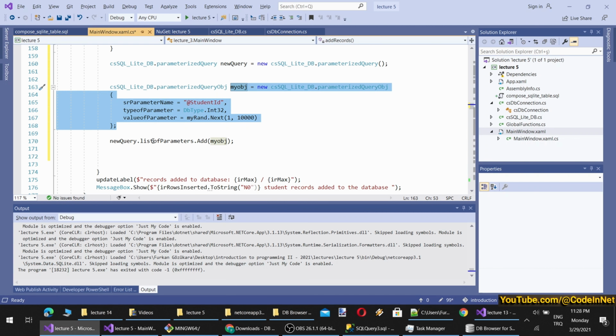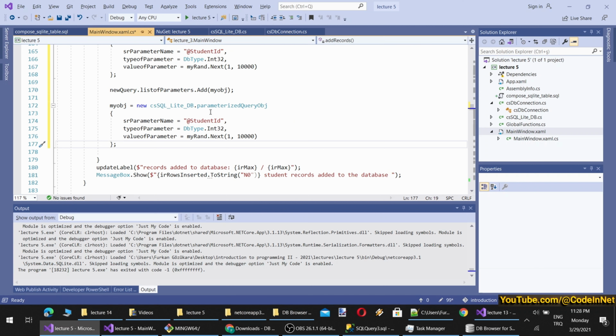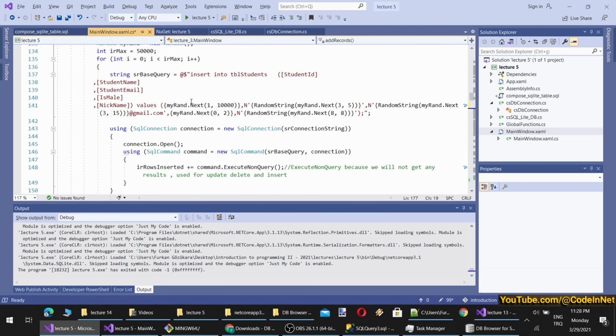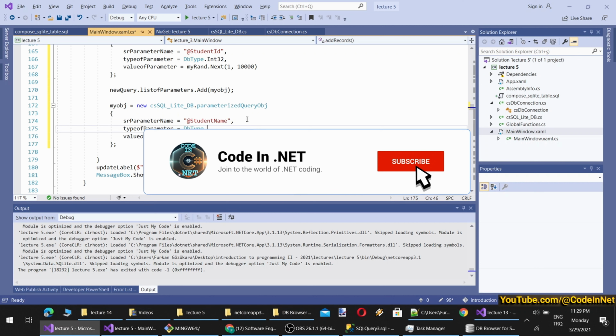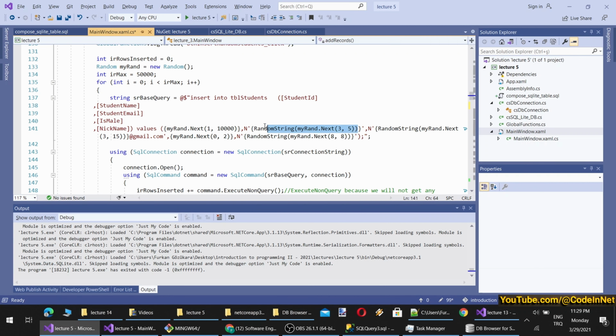However, what we can do is we can simply do it like this. So it will be a new instance of this object. Therefore, they will have different references. We will see more about references in the next semesters in object-oriented programming. Okay, so the second parameter is student name. Let's also add it, by the way, this will be db type string. Yeah, the value will be equal to here.